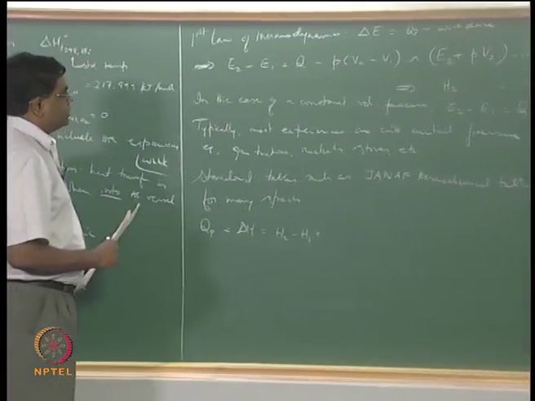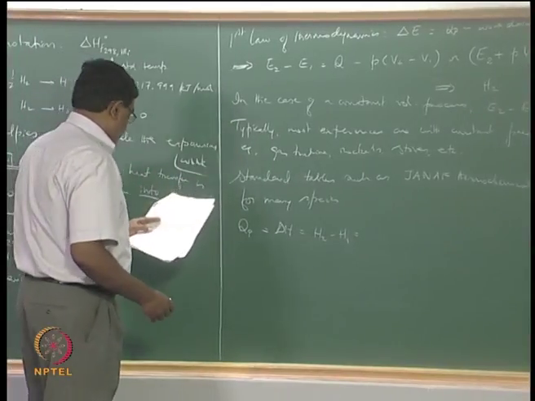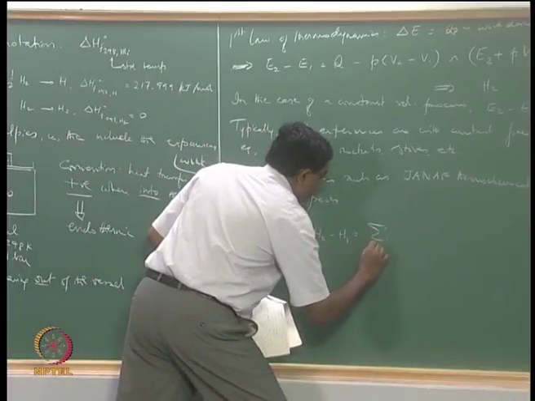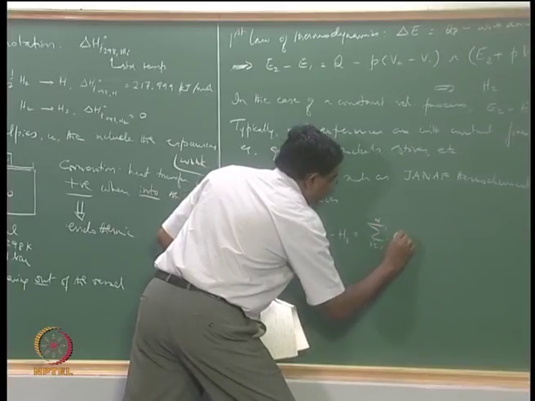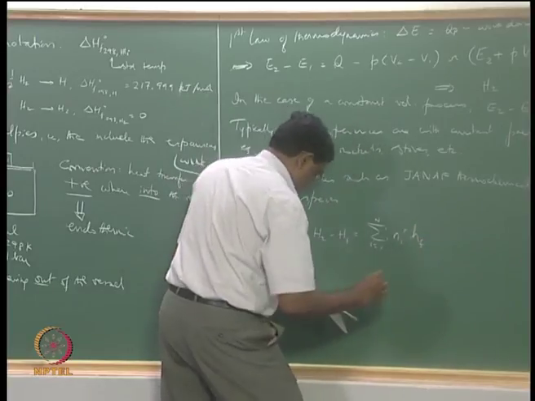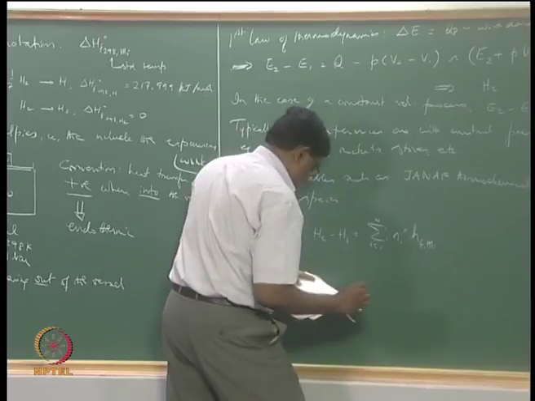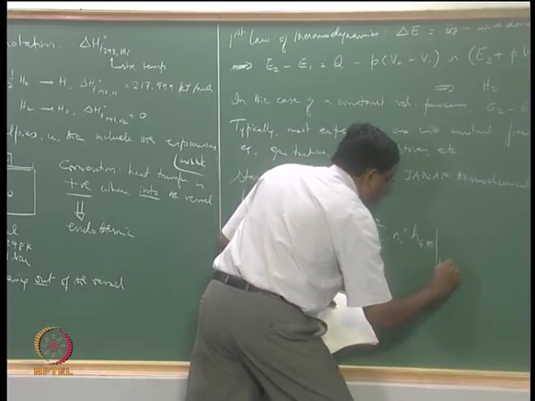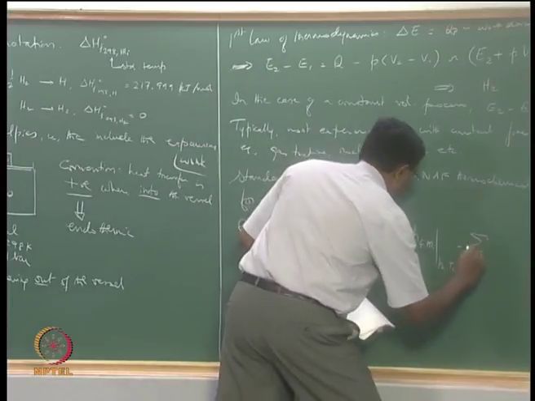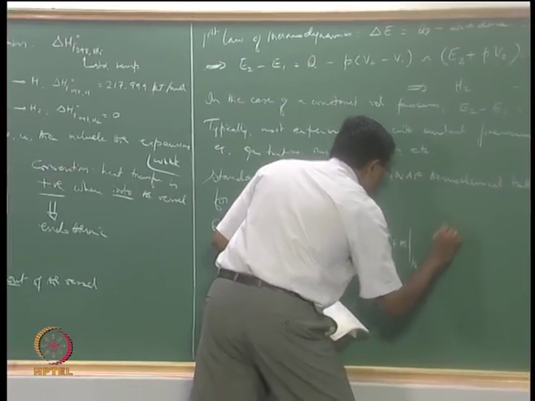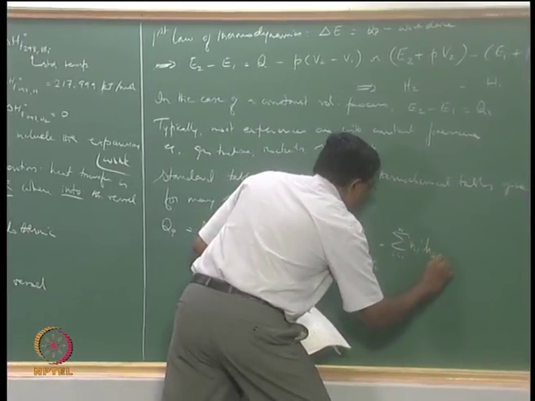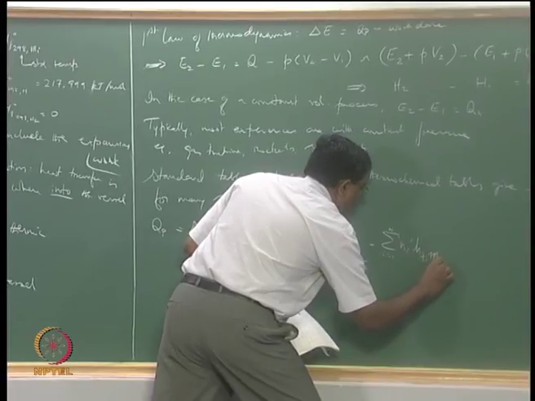Just coming back to that after these notes, so we now have this can be written as then sigma i equals 1 to n Ni double prime, let's say HF Mi at P2 comma T2 minus sigma i equals 1 to n Ni single prime HF Mi at